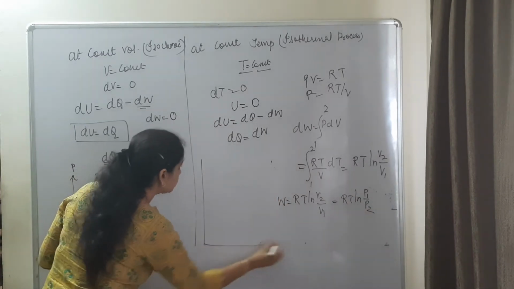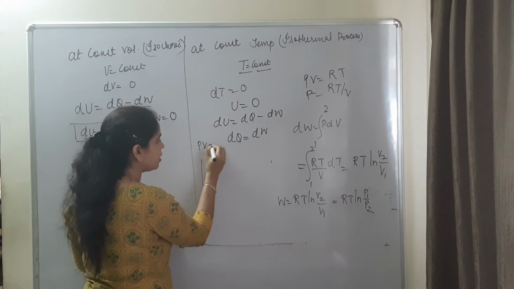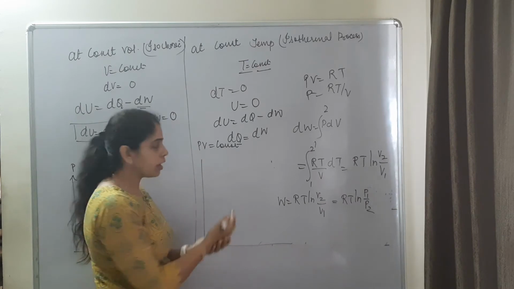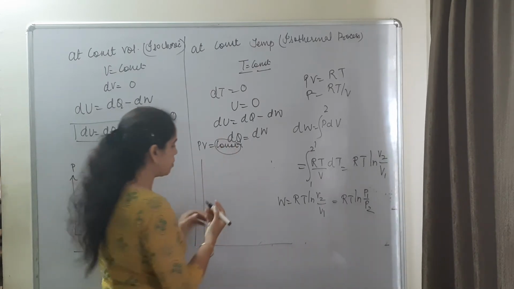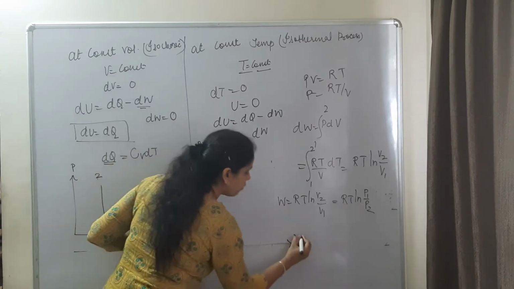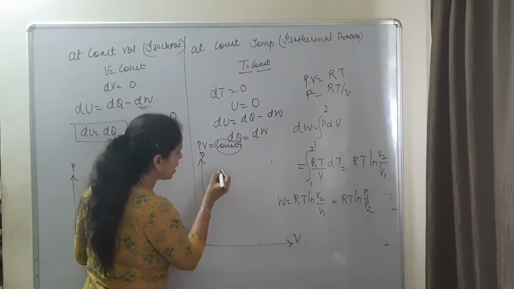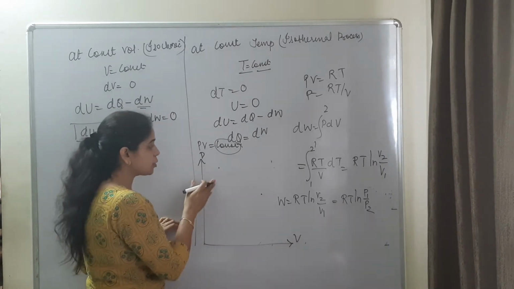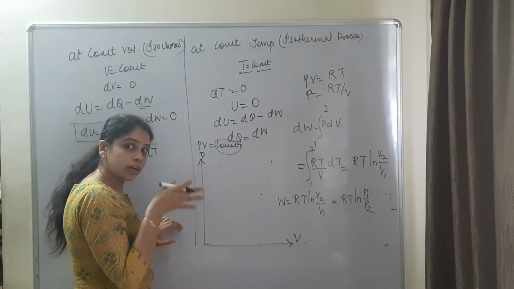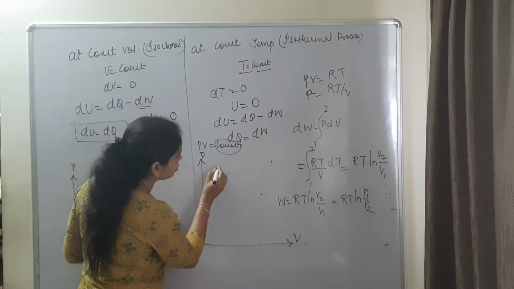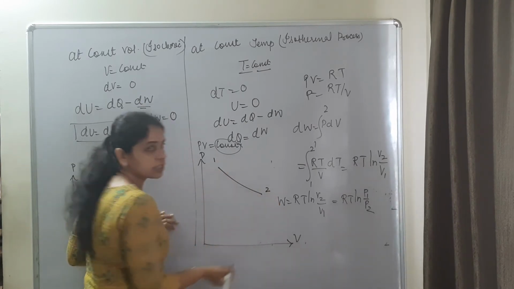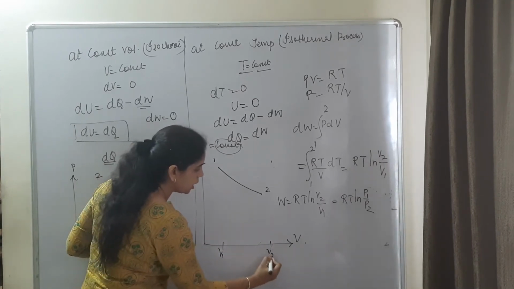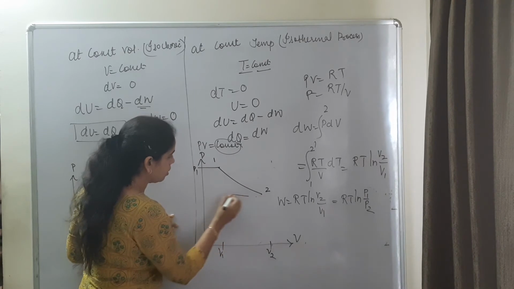Now, for an isothermal process, we know that PV is equals to constant, because R is constant, T is constant. Okay, so PV is equals to constant for isothermal process. So PV. So कैसे शो करेंगे? यहाँ पे कौन सा वर्क हो रहा है? एक्सपांशन वर्क हो रहा है. सो फ्रॉम स्टेट 1 to 2 एक्सपांशन वर्क हो रहा है. वी नो दैट इफ देयर इज एक्सपांशन वर्क, दैट मीन्स प्रेशर रिड्यूस होगा एंड वॉल्यूम इंक्रीज होगा. सो इफ दिस इज द स्टेट 1, that will be state 2. So pressure is going to be reduced and volume, state 1 to 2, this is state 1, and state 2, this is P1 to P2.